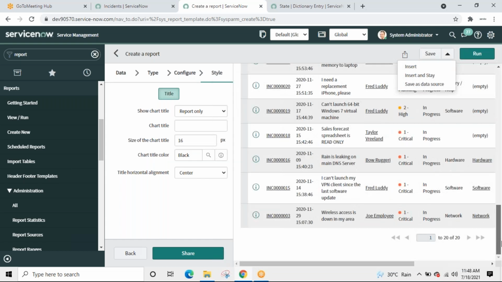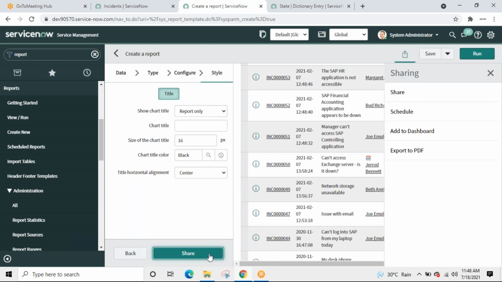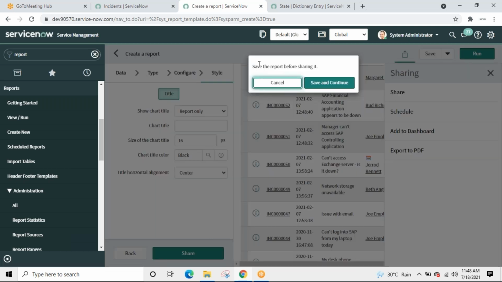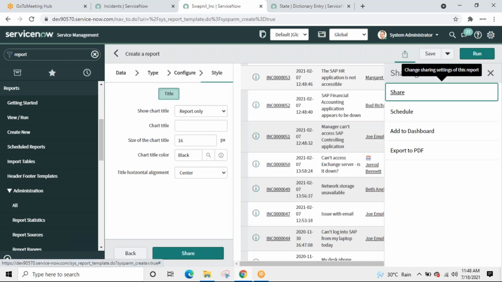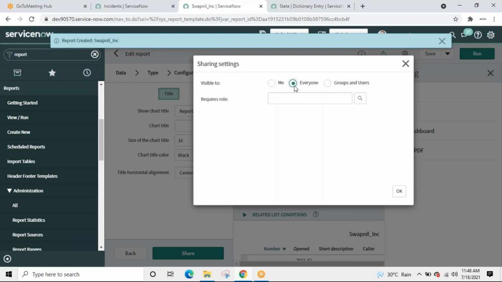This is the report. Now going ahead, how about scheduling it? See, I clicked on the share button. Share. Save the report before sharing. Save and continue. Share with just me. It is visible to just me. Everyone